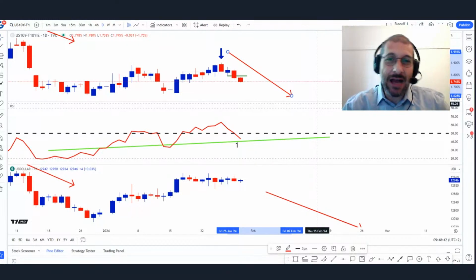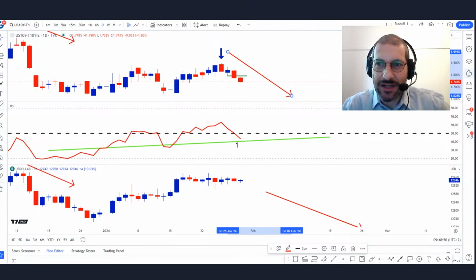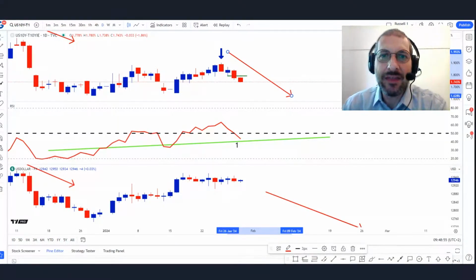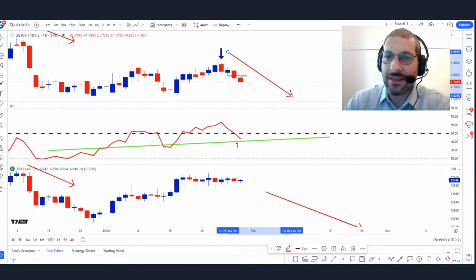Now I'm going to tag on subject to correction, because obviously forecasting comes with error, right? So the fact of the matter is, I think that we are setting up nicely, but we've got to be realistic and understand that nothing's written in stone yet. But if we do get the real rate to push down,